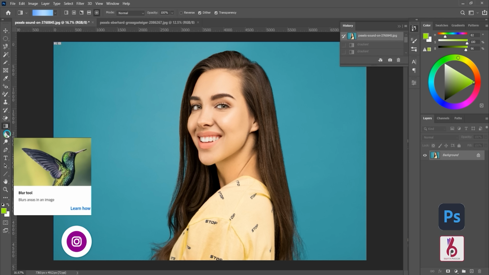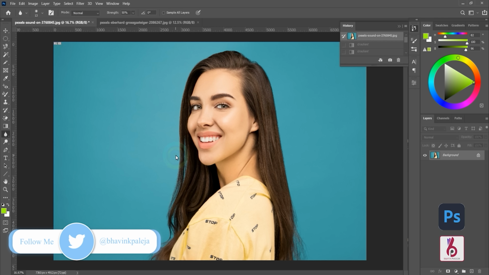After that tool, we have some special tools such as blur, sharpen and smudge tool.